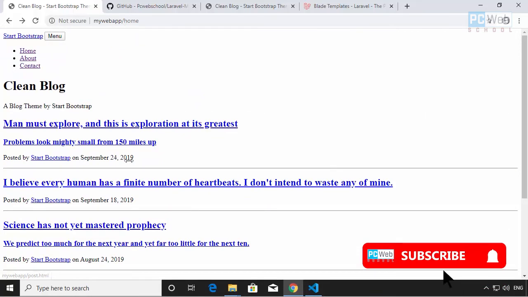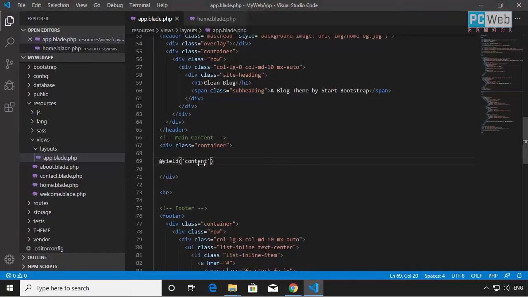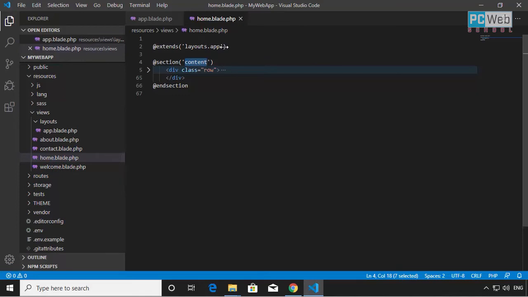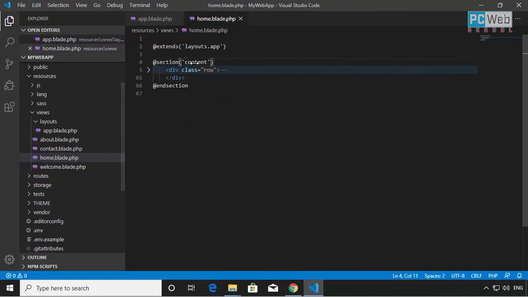Yeah, nothing changed because we have the same, except we have added our template, right? And now if I change this, let's say test. Now this yield, because we have extended from this layout, is searching for the section test, right, internally, and if it's not finding the test, so there's nothing showing, yeah, because our section is called